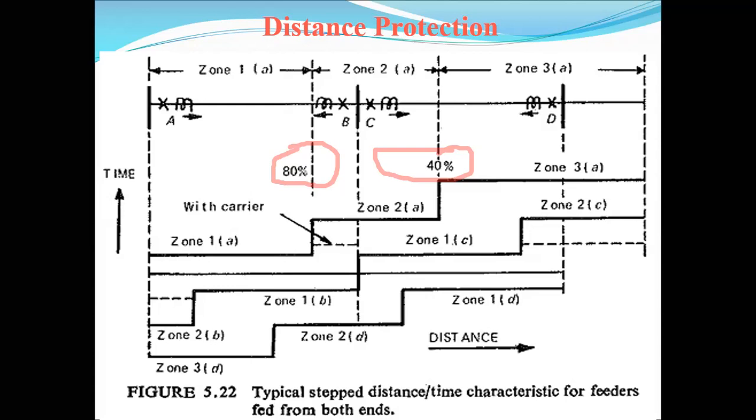Basically, in distance protection we are dividing into 3 zones. Why? Because if any one of the relay coils does not operate, in that case the backup relays will operate. First of all, for the zone 1 relay coil, if any faults are obtained within the protective distance, first we select the particular protective distance.